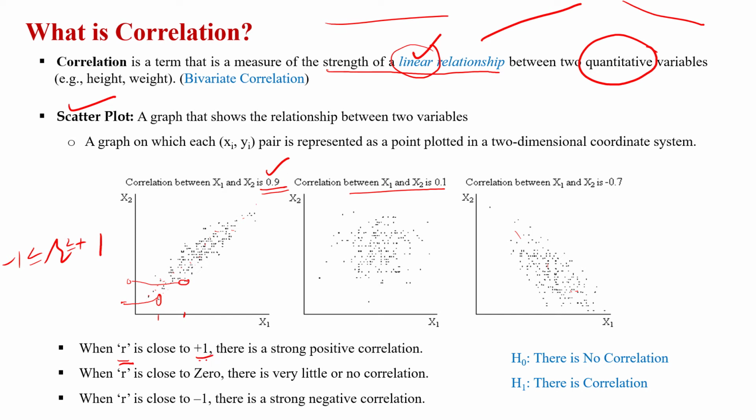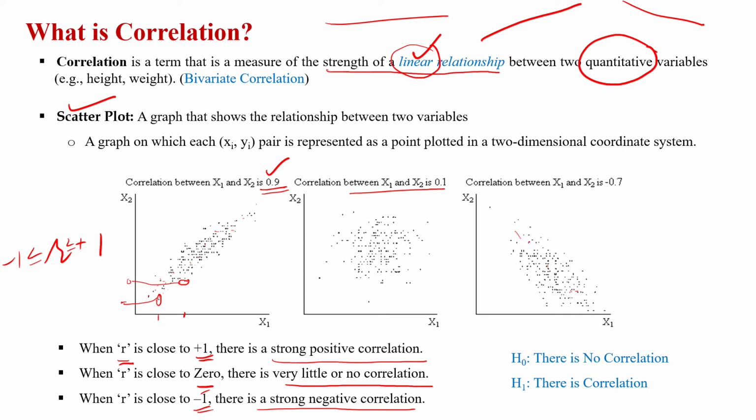If the answer is positive, close to +1, this is called a strong positive relationship. If it is near zero, there is no relationship or a very little relationship. Exactly zero means there is no relationship. -1 means there is a strong negative relationship. This is how we can descriptively quantify the value of R, which is the correlation coefficient.